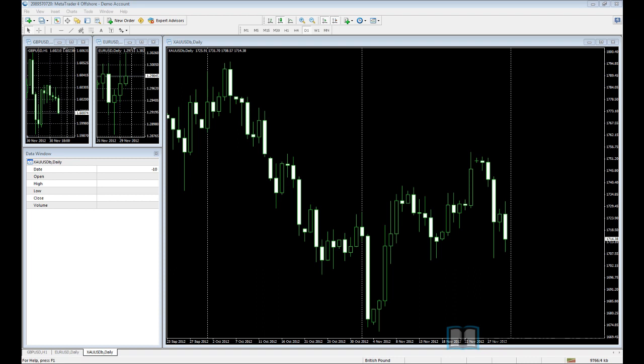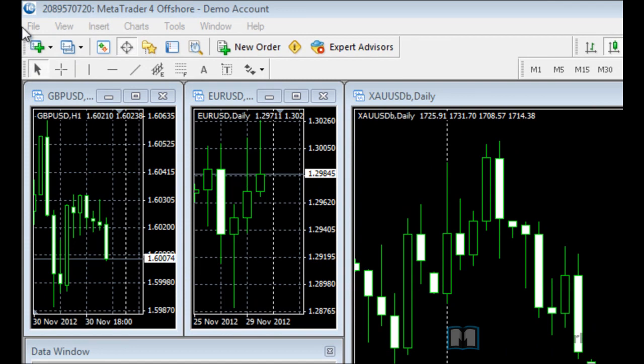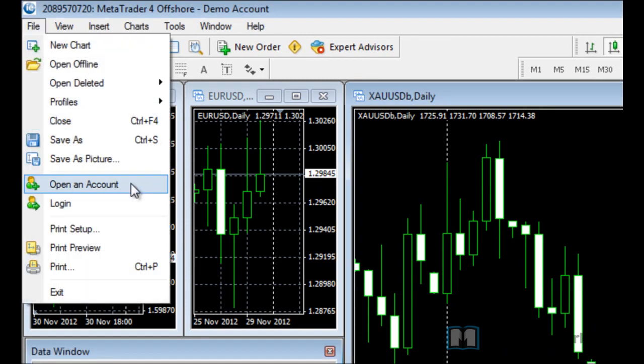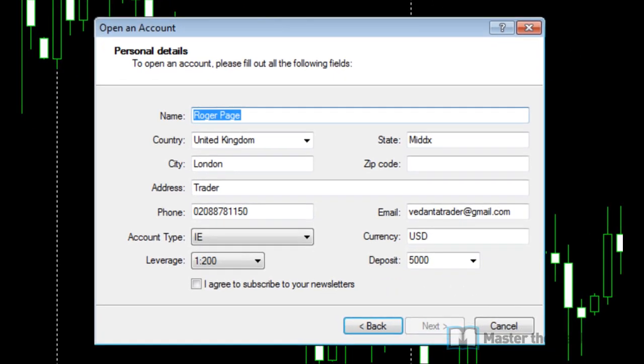The first thing you're going to need is a Metatrader4 account. This can either be a real account or a demo account. Just for the sake of this exercise, I'm going to use a demo account. All you need to do is go to File, Open an Account, and fill out your details. So put in your name, fill out these details just here, and once you've got everything in there that you need,